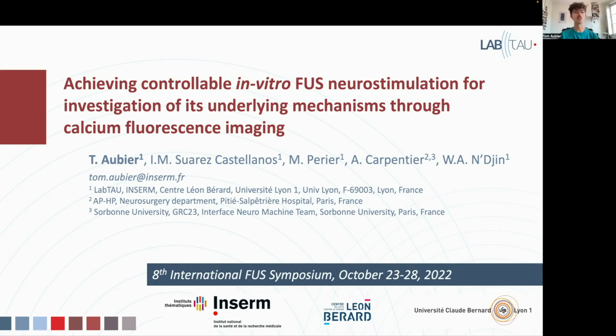So focused ultrasound has a potential of offering a very targeted and minimally invasive alternative to current neurostimulation strategies. The main issue is that the mechanisms underlying this method are still relatively unknown, which limits its application. So while numerous studies look into studying the safety and efficacy of this technique on in vivo models using complex